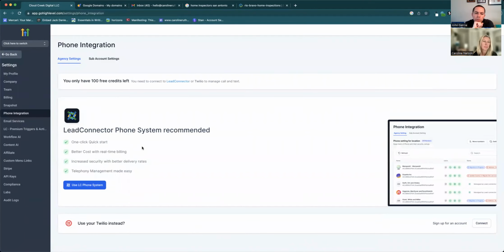Okay, so a little backstory with this. I'm on Twilio because when I started 18 months ago, the Lead Connector phone system wasn't even a thing. But setting up Twilio is another process that takes time, so High Level decided to fix that and do their own thing. So you would set up the LC phone system, and then when you do the phone number for each location,